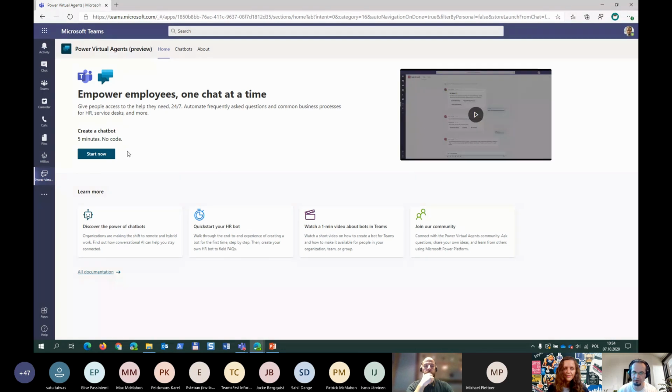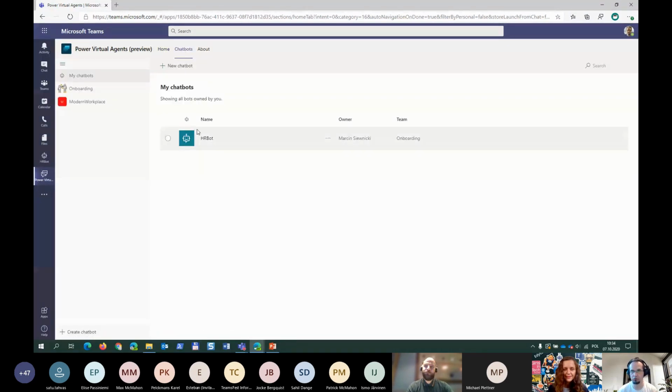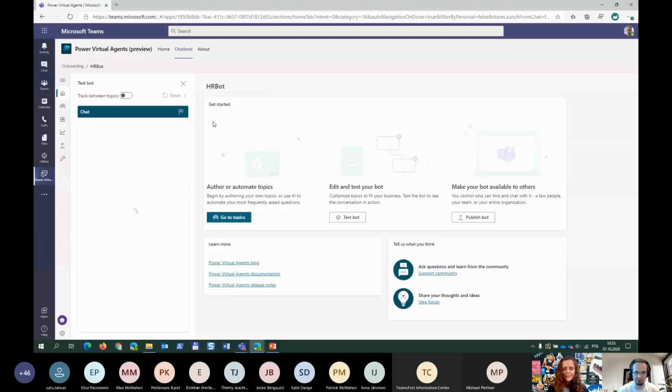You don't need to code anything. Go and install Power Virtual Agents application in Teams, and you can build your own bot or bots. Oh, there's also one great feature. I'm going to show you this. If you go there and